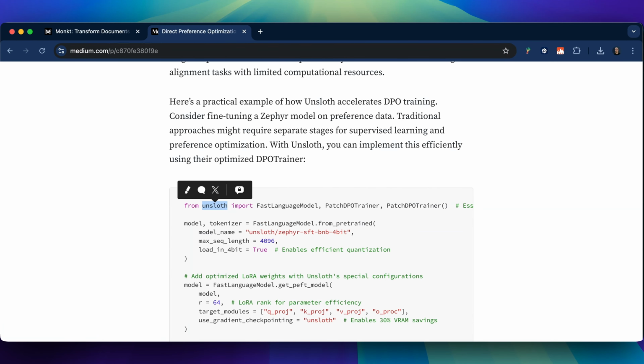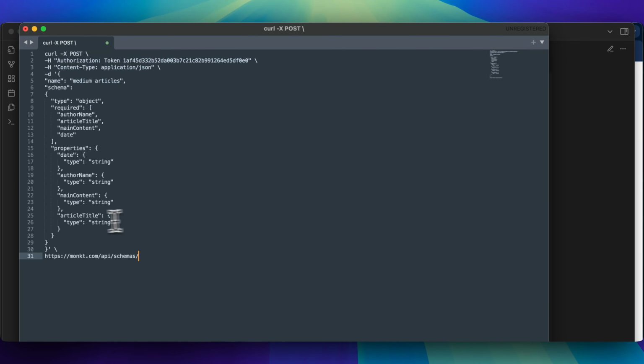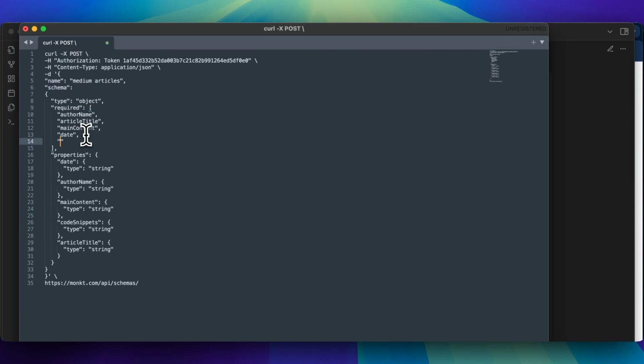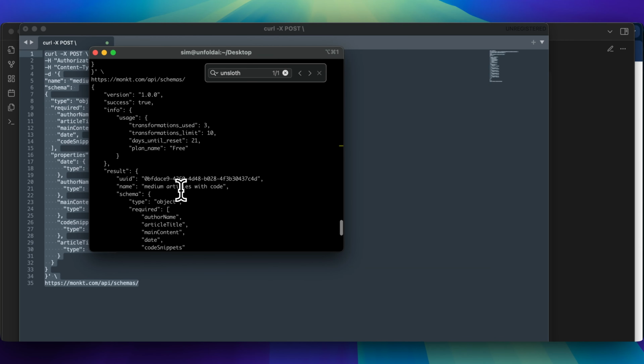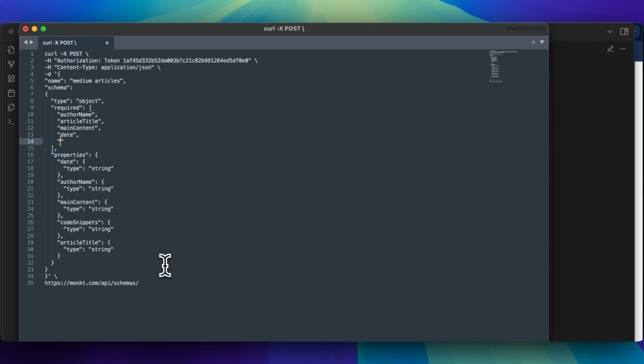So if we want to grab those, we can create a new schema like this. We have main content, we can put code snippets, it should be string, we add it here as a required field. With code, we change the name, we put it here and send it. We have the new ID here of the schema, so we put it back